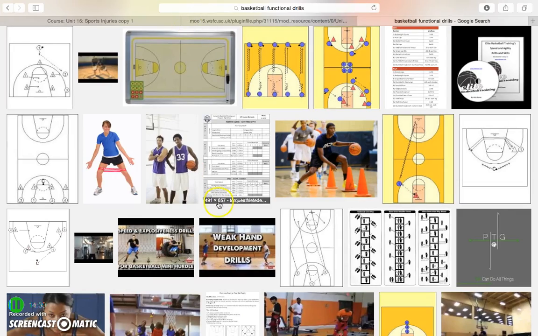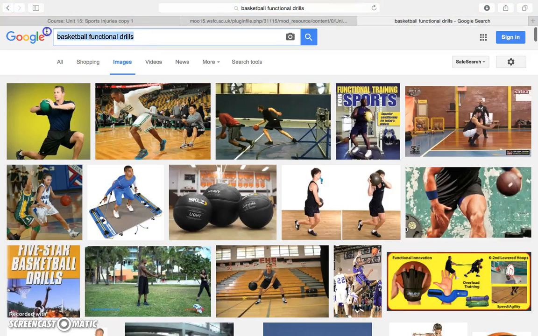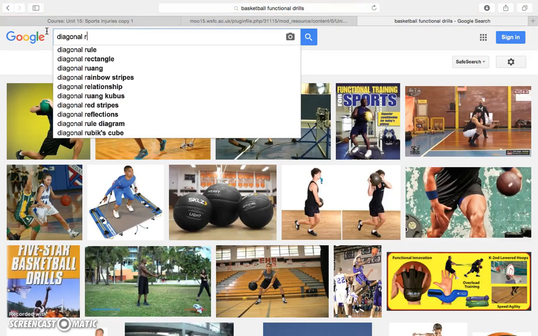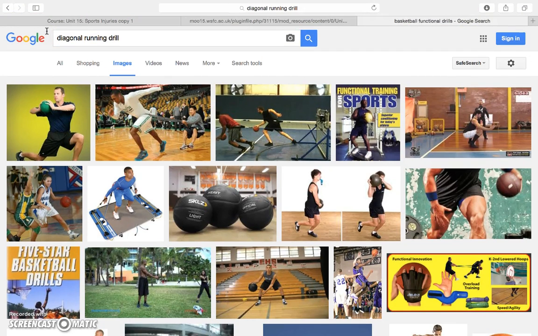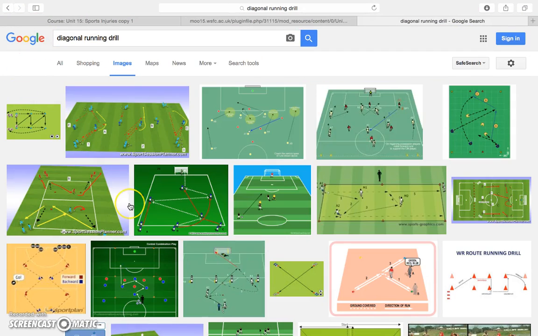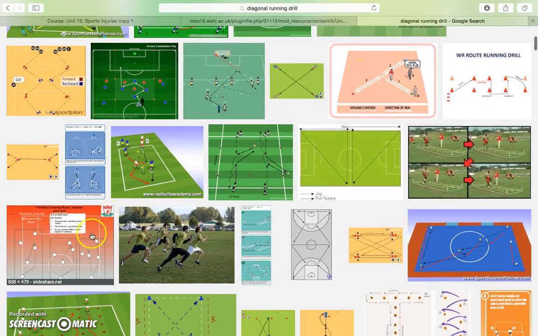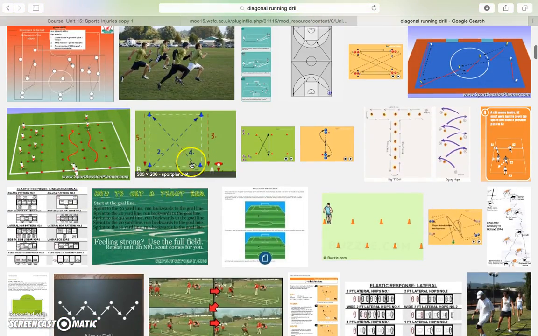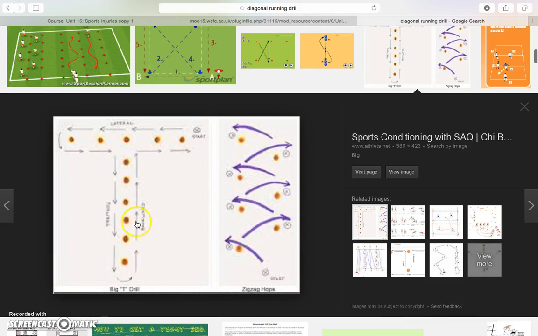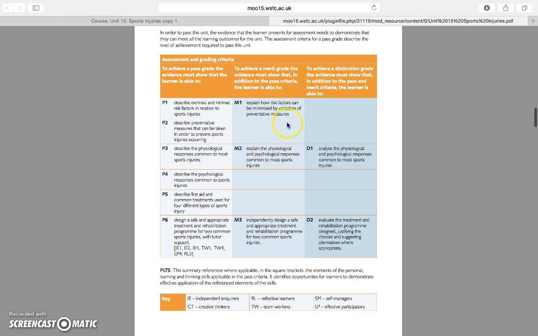Going to Google Images, diagonal running drill. All of a sudden, you have little diagonal running exercise here. You can use that and just talk about what you're going to be doing, running from cone to cone, diagonals. Maybe this one, running around the cones, forward and backwards with a basketball, laterally moving, forward moving, backward moving. You need to create